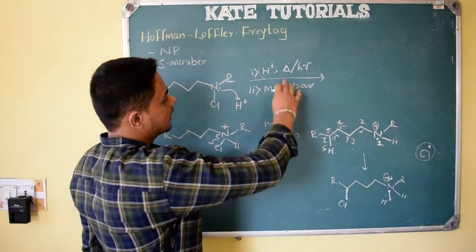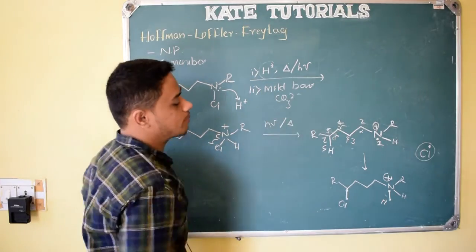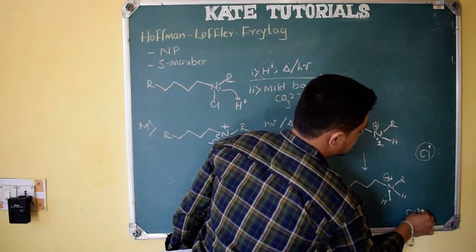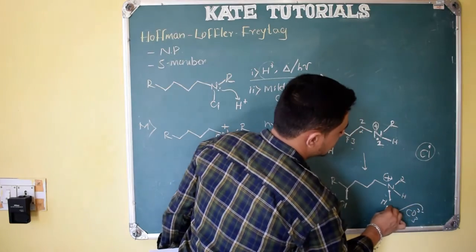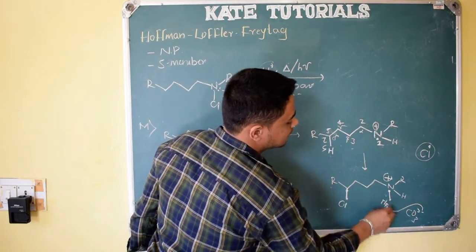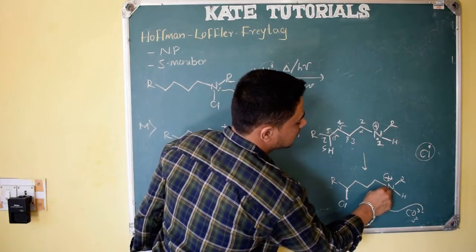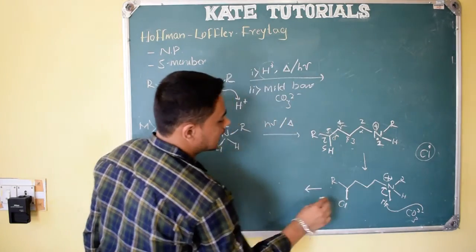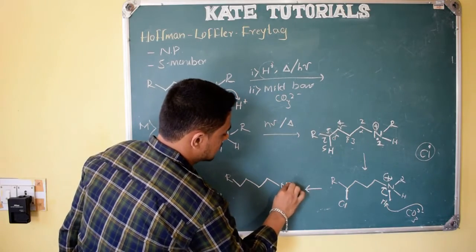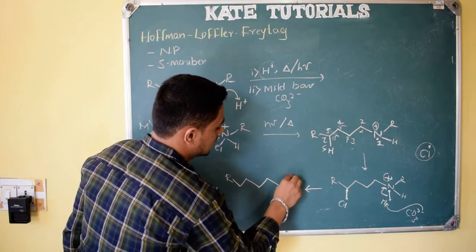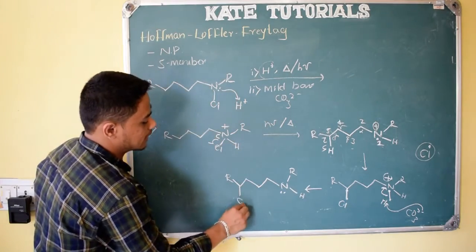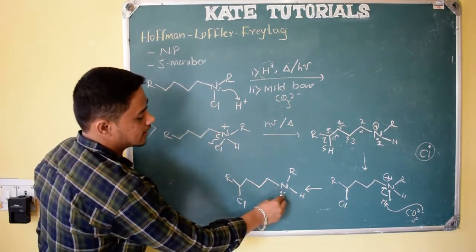Here we are using a mild base, so let me write CO3 2 minus. What will this base do? It will take this proton. As it takes the proton, it moves as H plus, and this electron density moves onto nitrogen, and the plus charge becomes neutral, right? So how will it become neutral? R, nitrogen gets its lone pair of electrons, and here R, and here H, and here Cl. So what happens? Then the SN2 reaction happens.